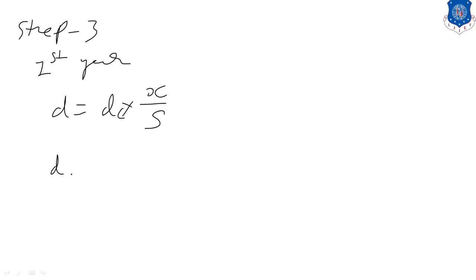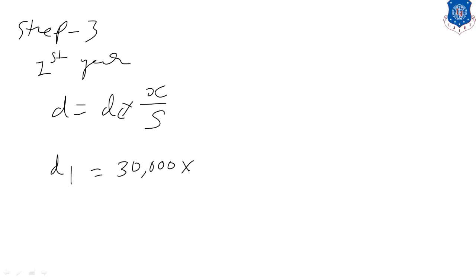In step 3 we are going to calculate depreciation for each year. So let's first write for the first year. For the first year, depreciation can be given by D equal to DC multiplied by X upon S, where D is the depreciation, DC is the depreciable cost, S is the sum of the digits of the years, and X is the remaining years. So for the first year, D1 is equal to